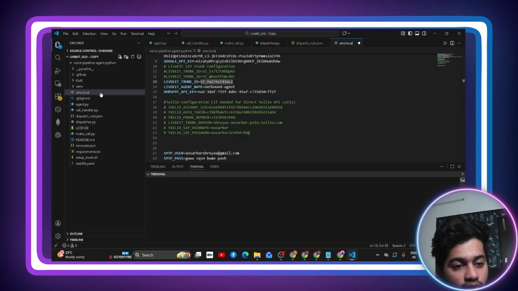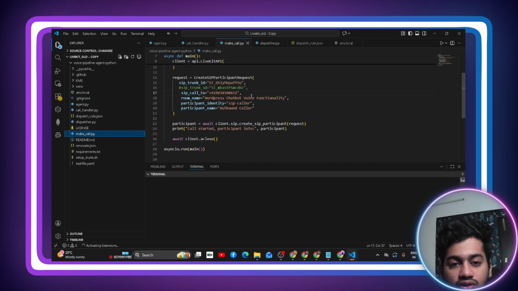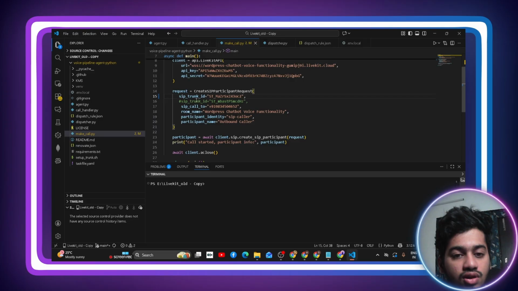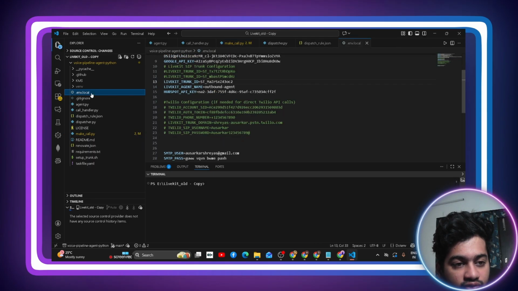You just have to update this env.local file with the trunk ID and inside the make call.py you have to paste this trunk ID which we have created in the LiveKit. Then after updating this trunk ID in the make call.py and env.local file,